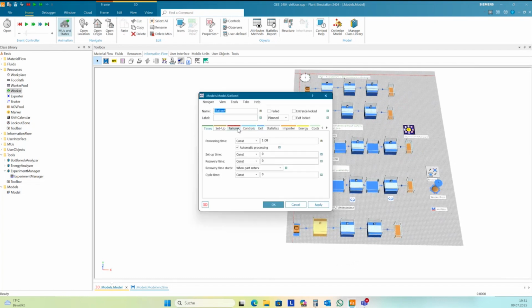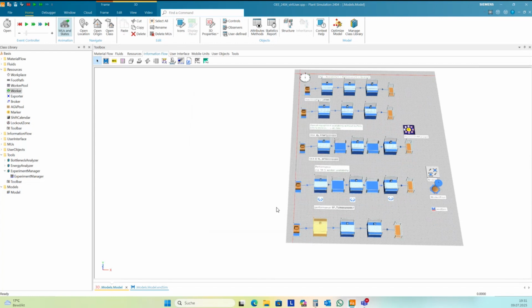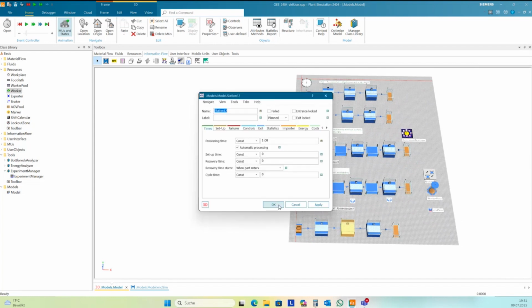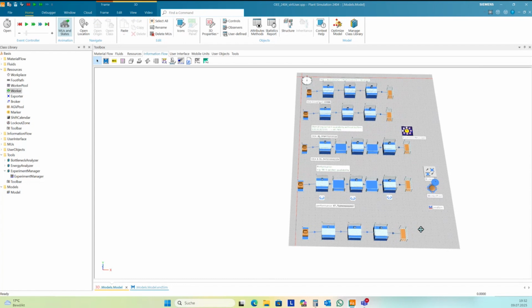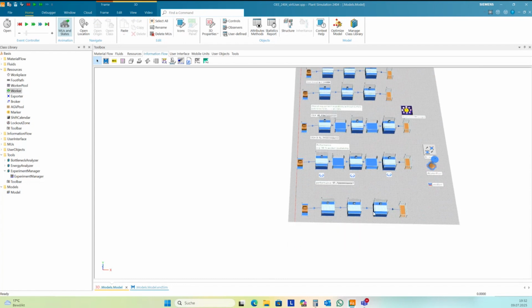And we need to be sure that we don't have failures active, that we don't have any influence to performance losses. So you need to create this based on a quite generic model.